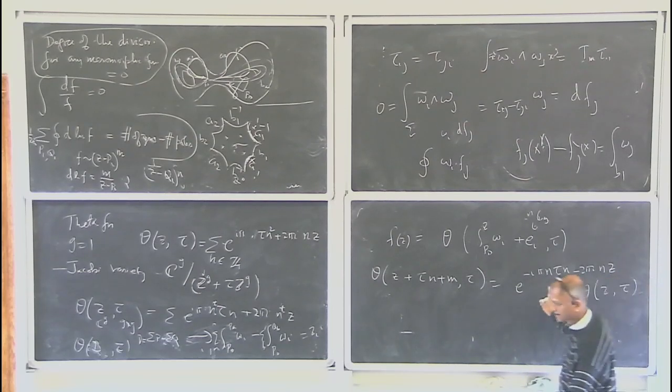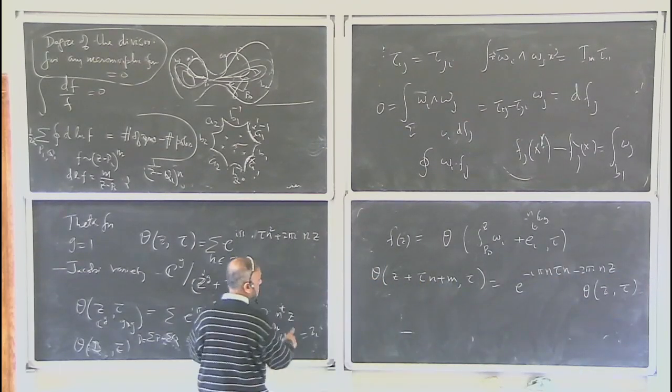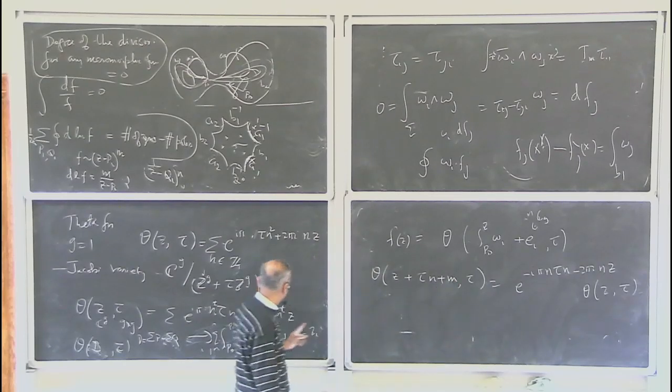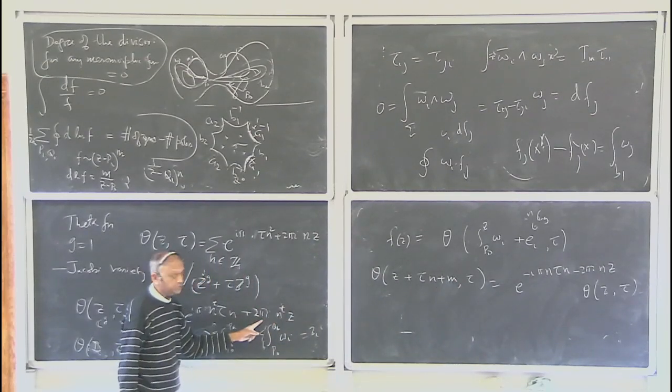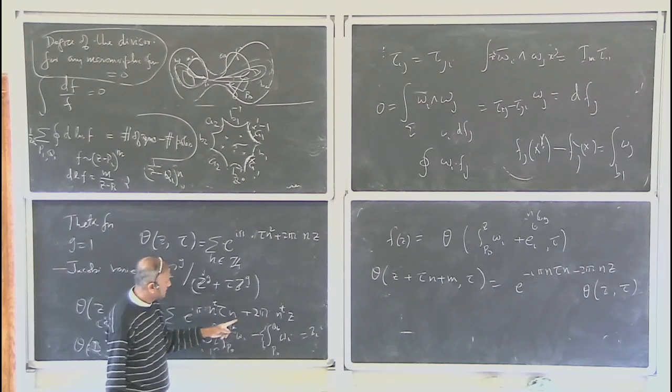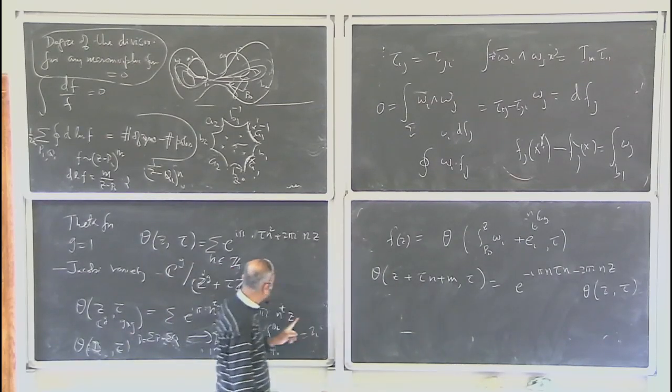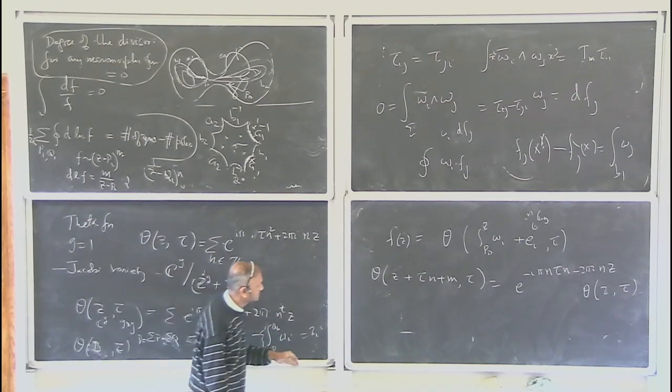This is done by just completing the square. If I shift by m, nothing happens. I mean, this is just e to the 2 pi i times an integer, it's a phase. Nothing happens. But when I shift by tau n,